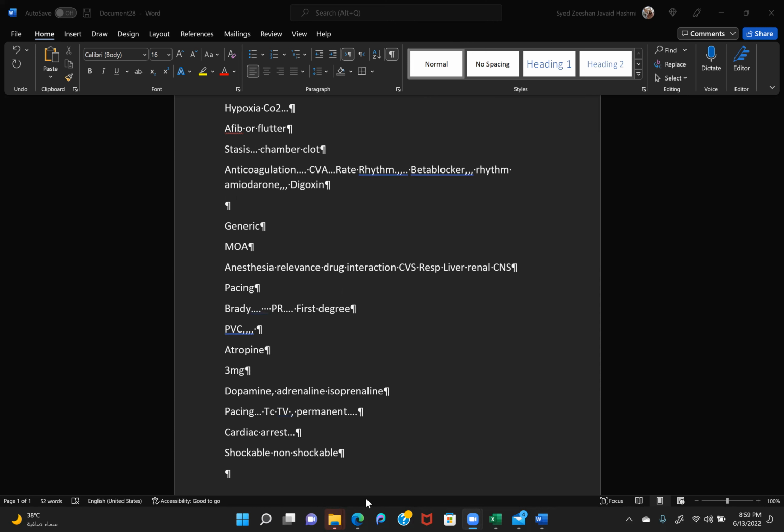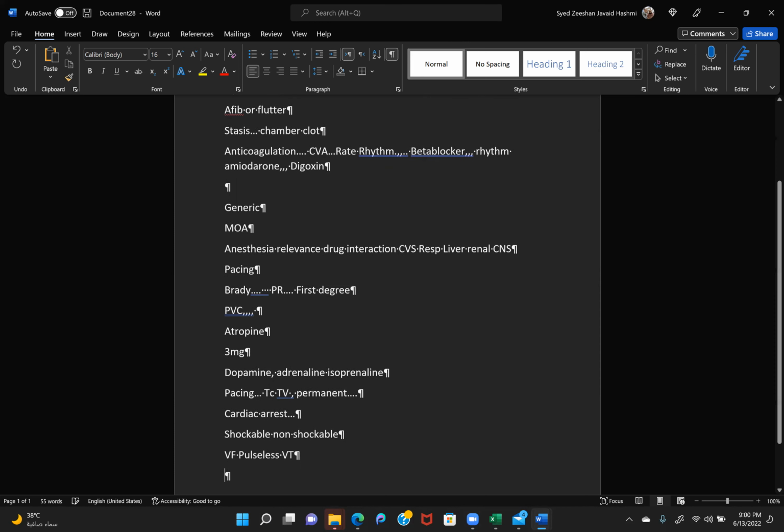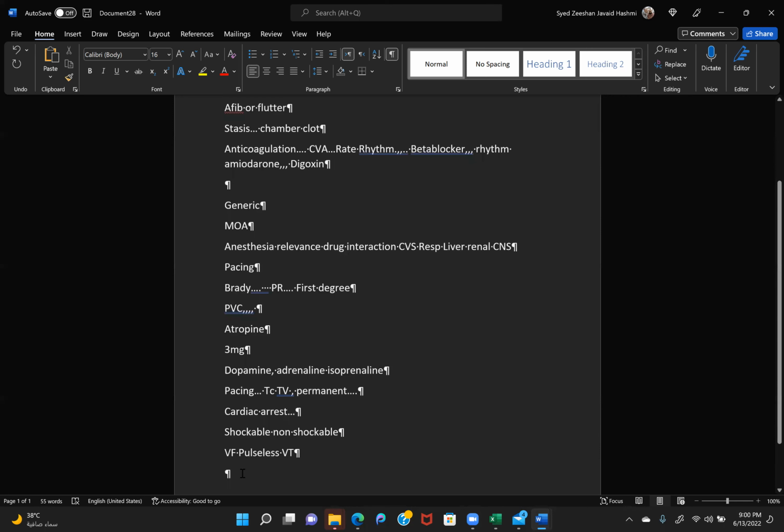Shockable and non-shockable. Shockable is VFib and pulseless VT. Non-shockable is asystole and all others. And remember one thing: the most dangerous cardiac arrest for an anesthetist is